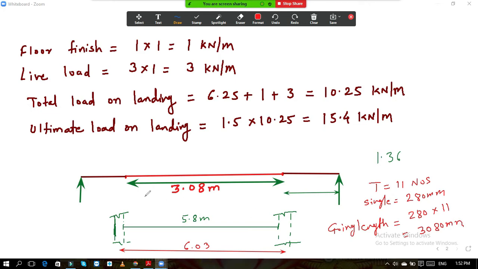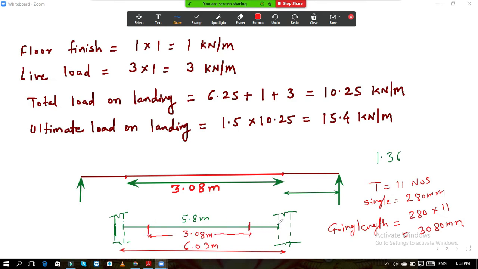This is the same going length I have shown here. Okay, so it will be somewhere here, from here to here. Okay, this may be somewhere here, 3080 mm, and this I have written in meter. So 3.08 meter in short. I will write everything in meter only, so you will not get confused. So this is 3.08 meter. This is our going length.